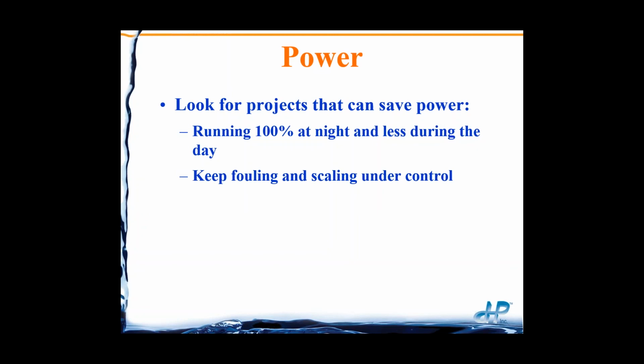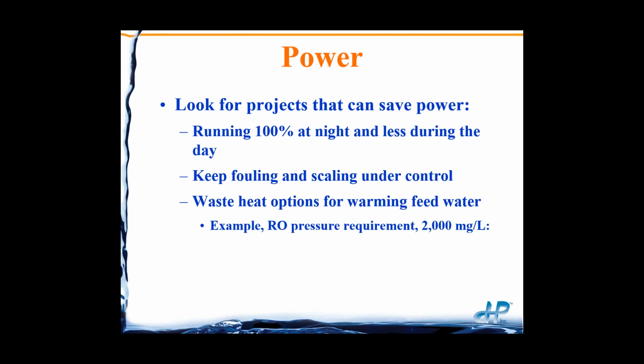So all of that needs to be factored in. If you can find ways to keep fouling and scaling under control, you'll have less power usage, and that's a cost savings. Waste heat, if you do have any waste heat available, waste heat for warming, like an RO feed